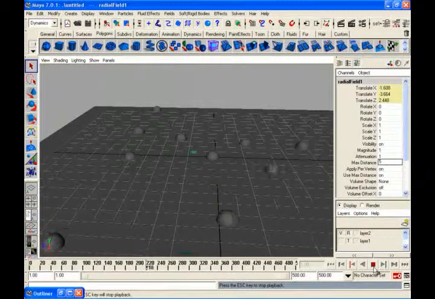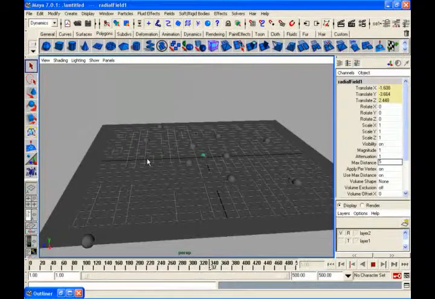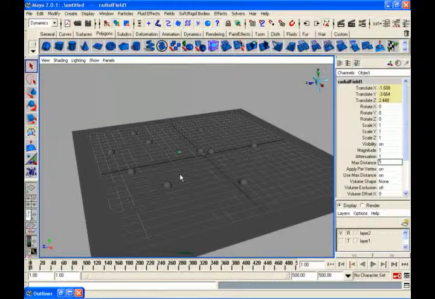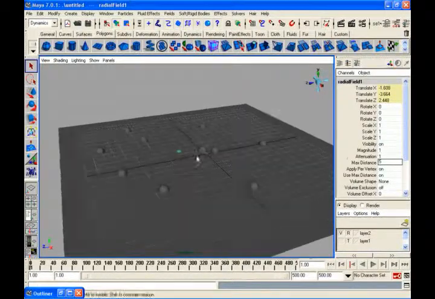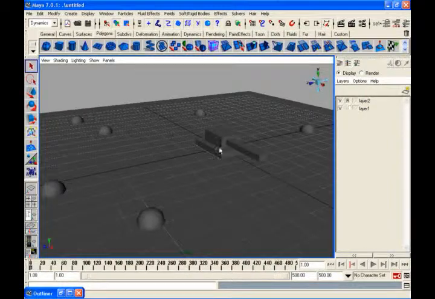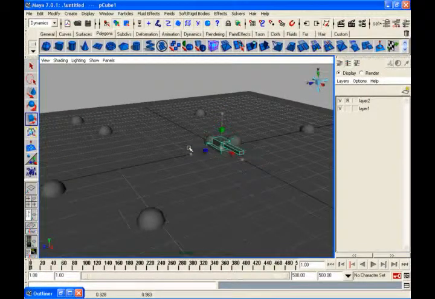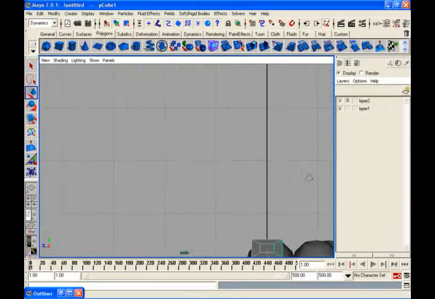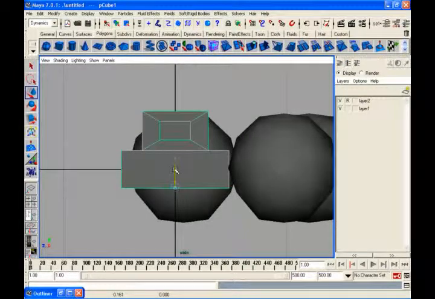Now unhide your tanker, just scale it down if it is possible. Scale it down as much as possible so that it works, and change the pivot point down so that they don't penetrate inside. Just change to the side view, press 4 so that they stay literally down there, and just push it up and say modify, freeze transformations before the instancer. So select your object, select your particles and say particle instancer. What happened? Your tankers are ready.